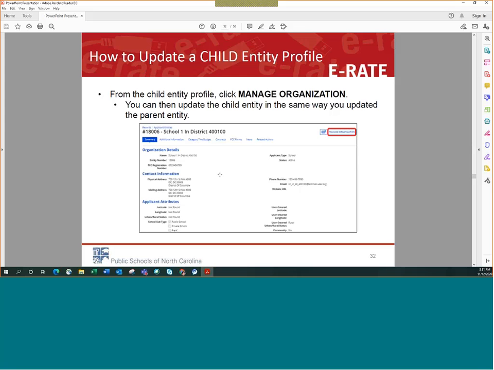And I'm sorry to Wake County, and I'm sorry to Charlotte-Mecklenburg, and all of our big districts where you literally have hundreds of schools. But yeah, I don't make the rules. All right, so that's how you update child entities and parents. Child and parent, child and parent. All right, so